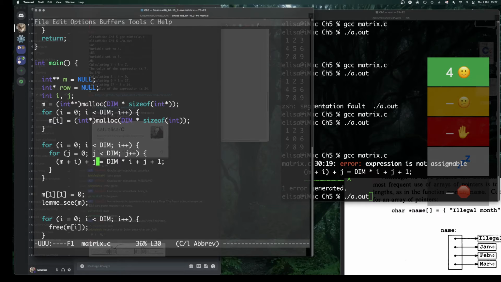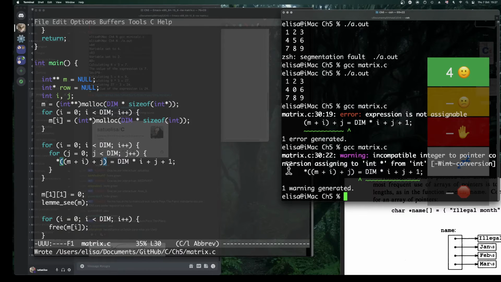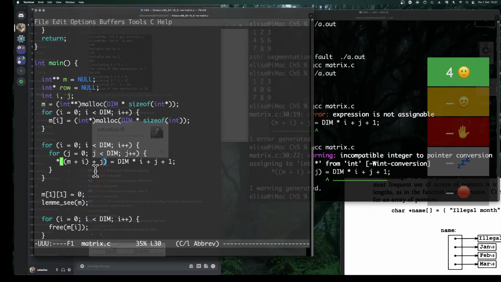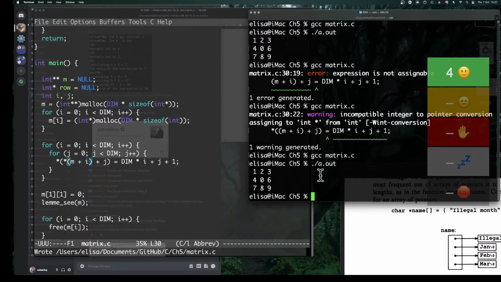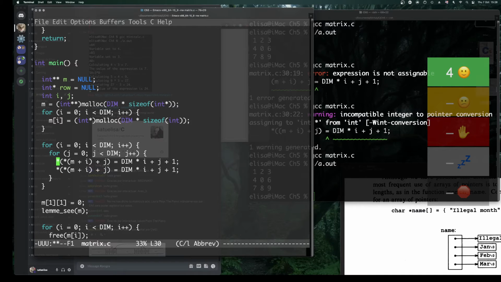Expression is not assignable. Oh, because this is the pointer, and I am trying to assign something to the value of this pointer. And of this pointer. Okay, so now it works just fine, but I'm actually going to write to you both versions here because